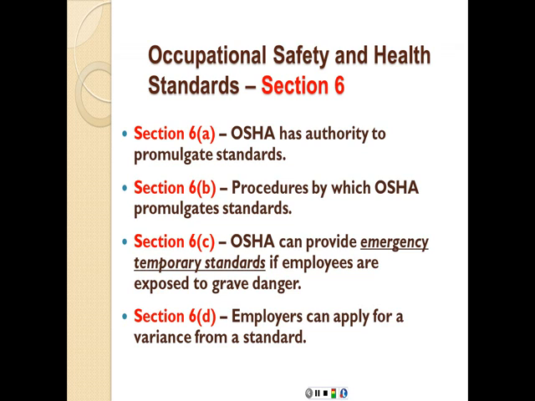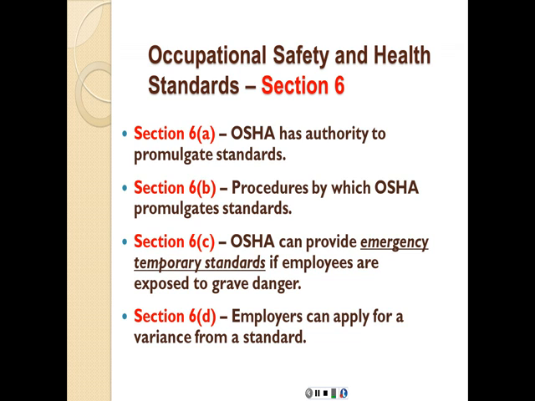Section 6C, OSHA can provide emergency temporary standards if employees are exposed to grave danger. So if, for example, there's a new kind of hazard that was not recognized before, and we see it on a certain project or a certain construction site, OSHA in this case can provide some emergency measures to prevent this hazard from occurring until a law or until an amendment to the law is added in future revisions or versions